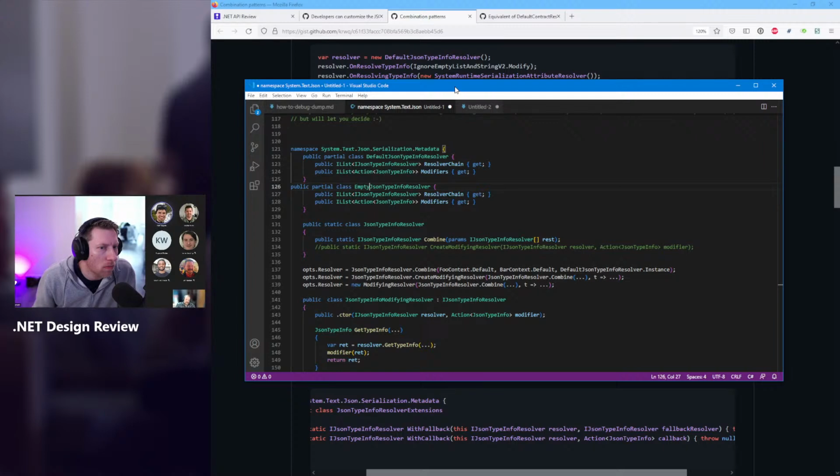So my recommendation would be that we might want to add a modifiers property in the default resolver, because that's where 99% of the modifier pattern would apply anyways. But I don't think there's a lot of value in introducing the resolver chain. That could be the static combine method, because typically when you combine things, you want to combine different JSON serializer contexts. And again, this is a pattern that we theorize might be useful to users. We haven't actually seen actual requests saying,